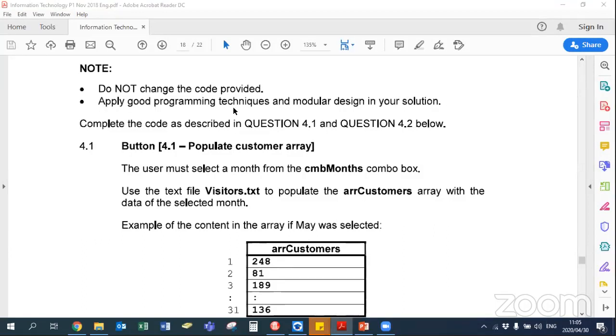But then what's very important is this is the question that could score you marks for good programming techniques, like indenting, leaving a line open,